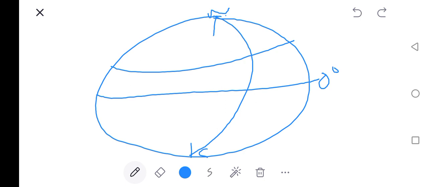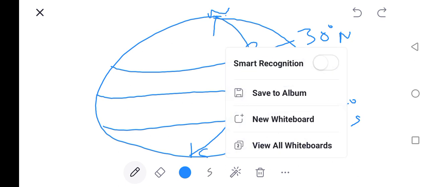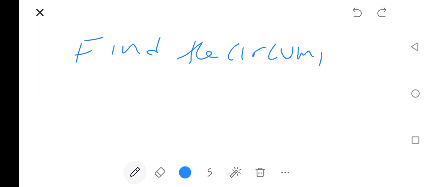Let's say this is 30 degrees north, 45 degrees south, and then this is point P, point Q. So the question is, calculate the circumference. Let me write the question this side. Find the circumference